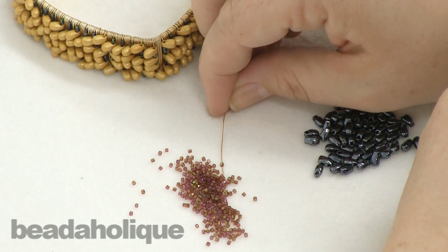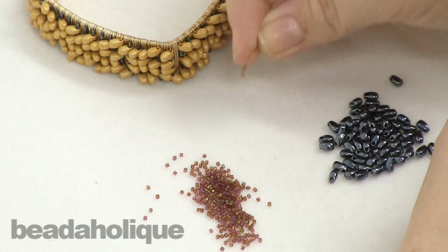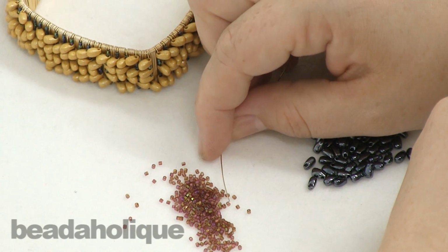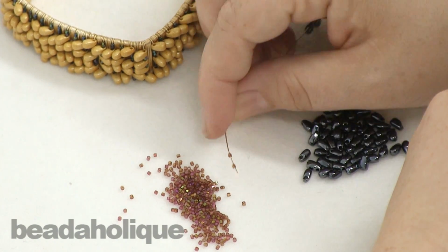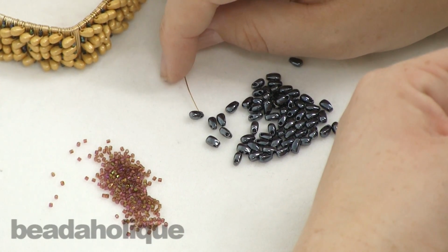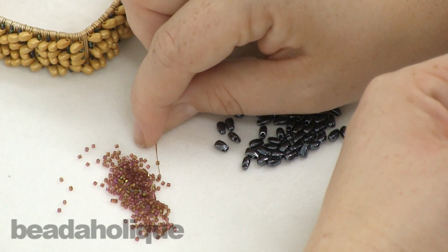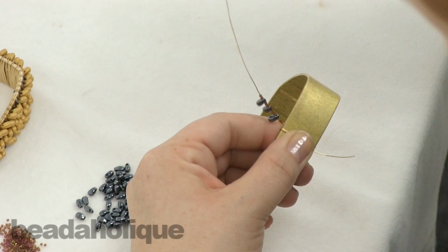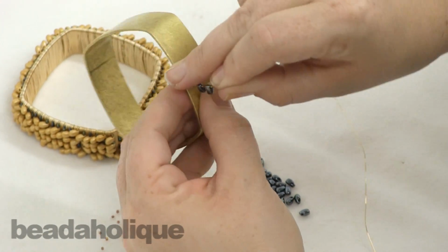Let's pick up 3 Delicas then. And another long drop. And pick up 3 again. 1 long drop. And let's pick up 2. Okay, so go ahead and take all those beads and slide them down all the way, and bring your wire